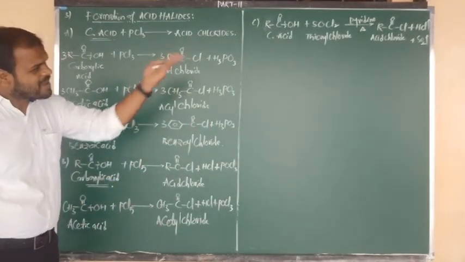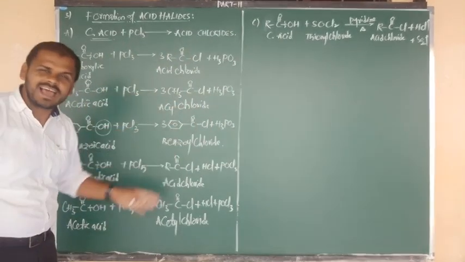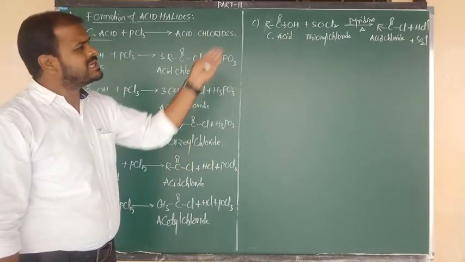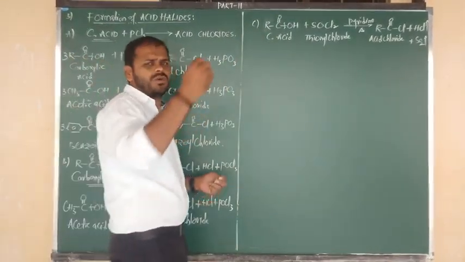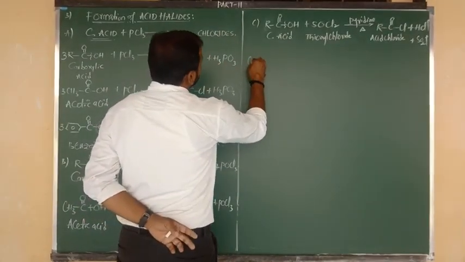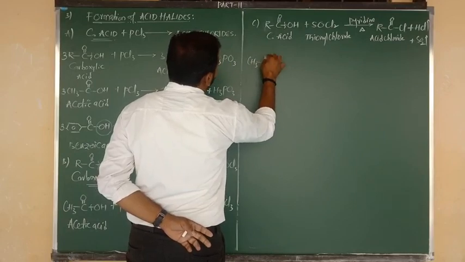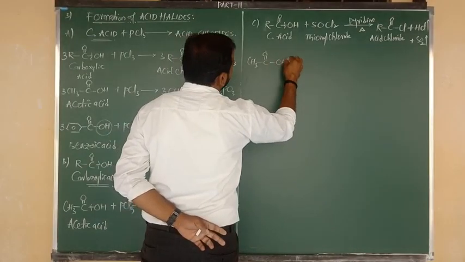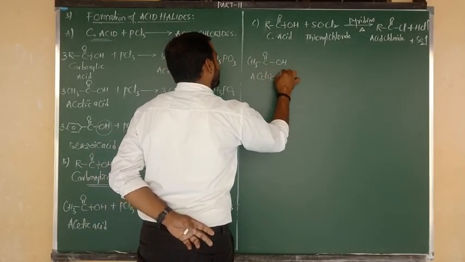Again, using that reaction we can convert acetic acid into acetyl chloride and benzoic acid into benzoyl chloride. Just there will be a change in byproducts. Okay, let me consider at least one example. Again, taking acetic acid, what's the formula? The formula is CH3 bonded to C double bond O, again connected to OH. So the name of this compound is acetic acid.